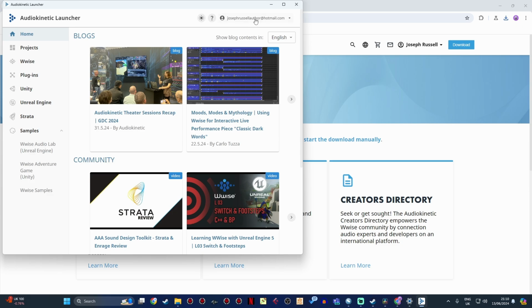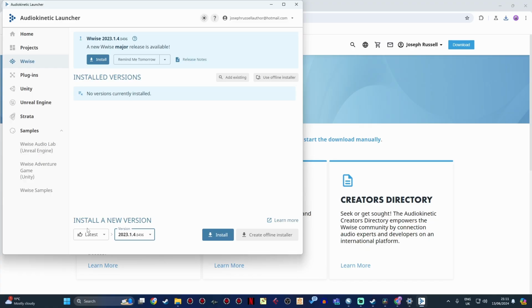Make sure you're logged in and go over to WWise. Don't install the latest version. Instead, go down here where it says latest, select all, and go to 2021.1 and select this, 2021.1.14.8108.